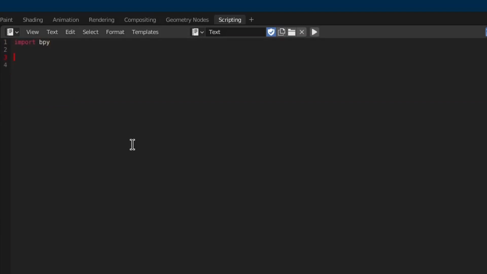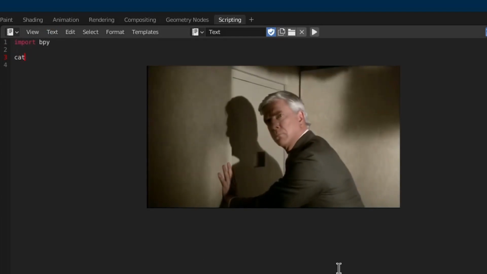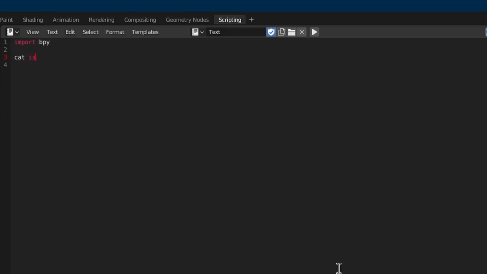So we import, and actually, before we go any further, why is it that when I type import, it's pink? When I type bpy, it's white. When I type cat, it's white. When I type is, it's red. When I type dog, or whatever I want to type, it's white. Let's see, as, from,